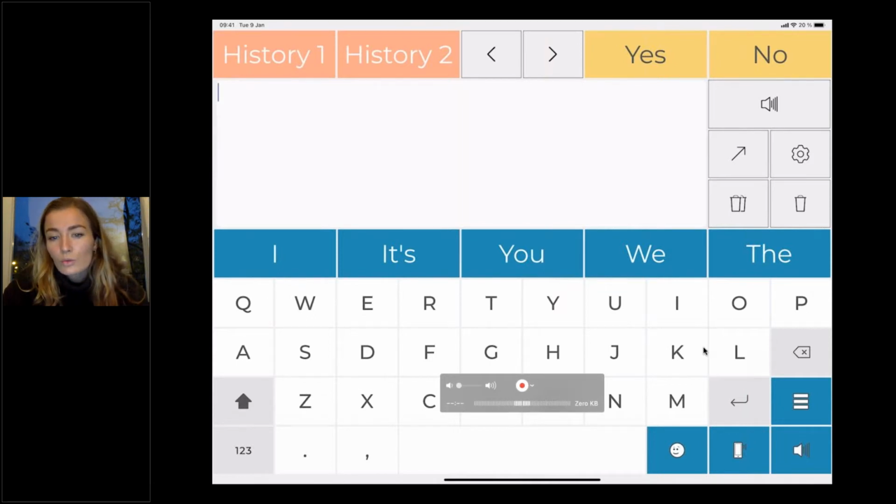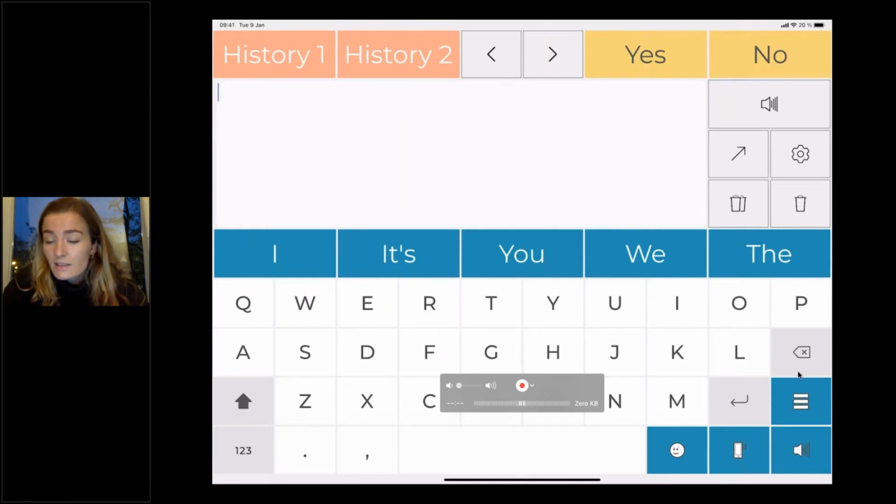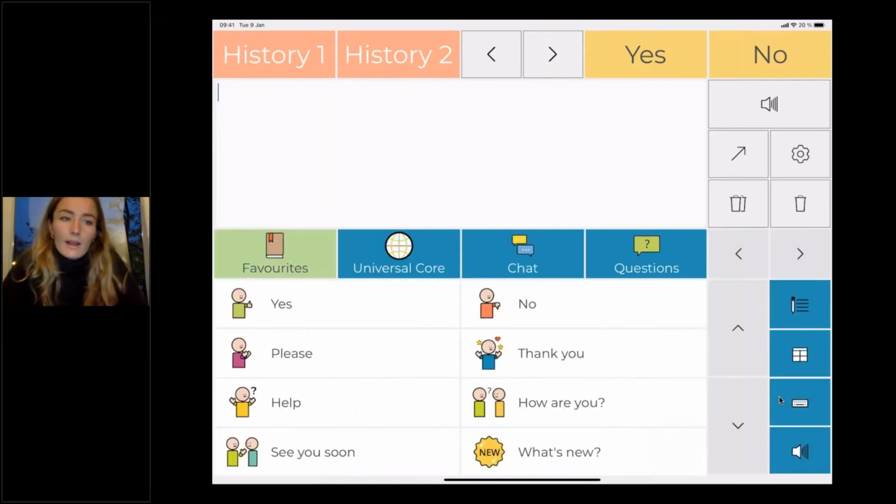In order to edit your phrases and categories, you first need to go to the phrase bank. The phrase bank in Predictable 6 is located right here. It's this blue key in the keyboard, just under the delete last letter, the one with the 3 lines. I'm going to select this key. And now I am in the phrase bank mode.